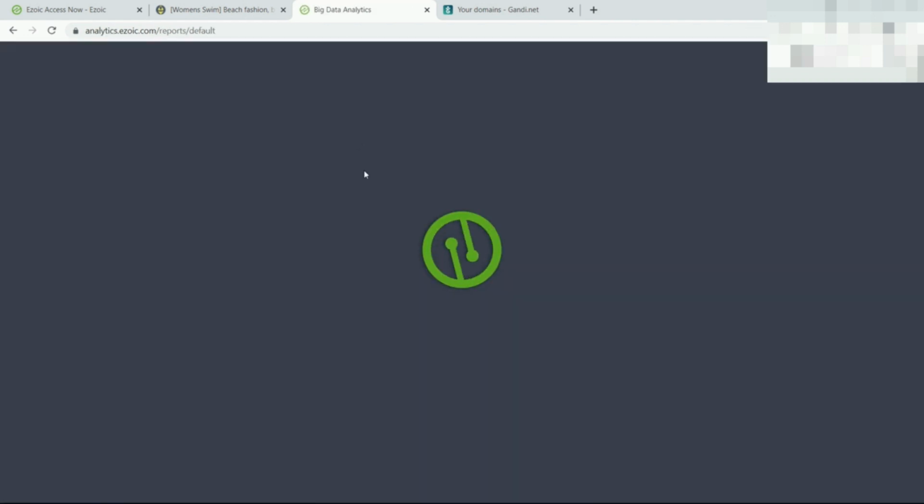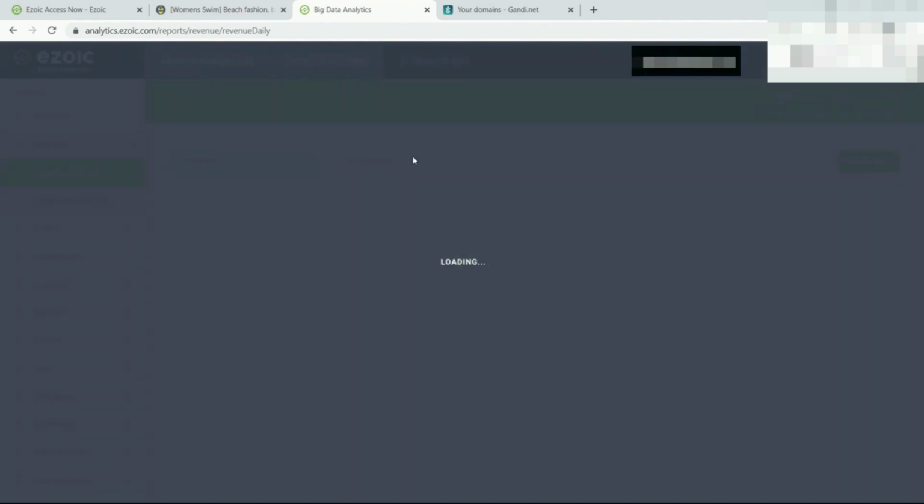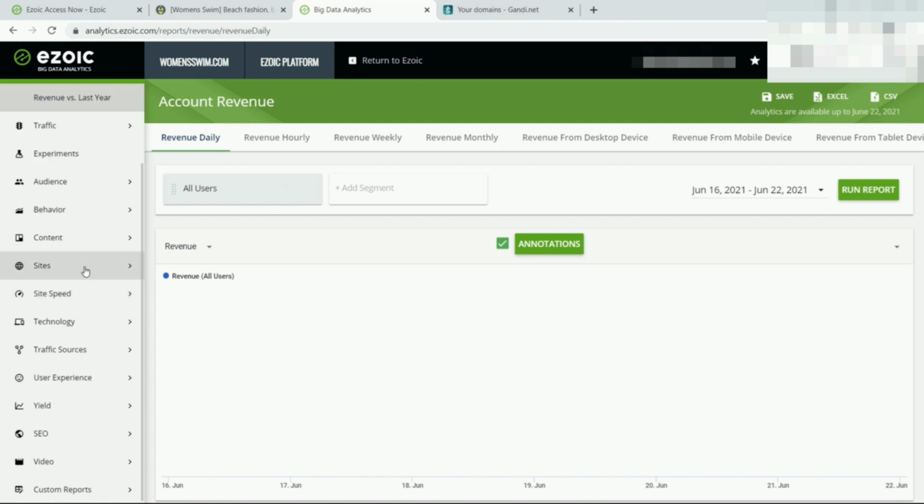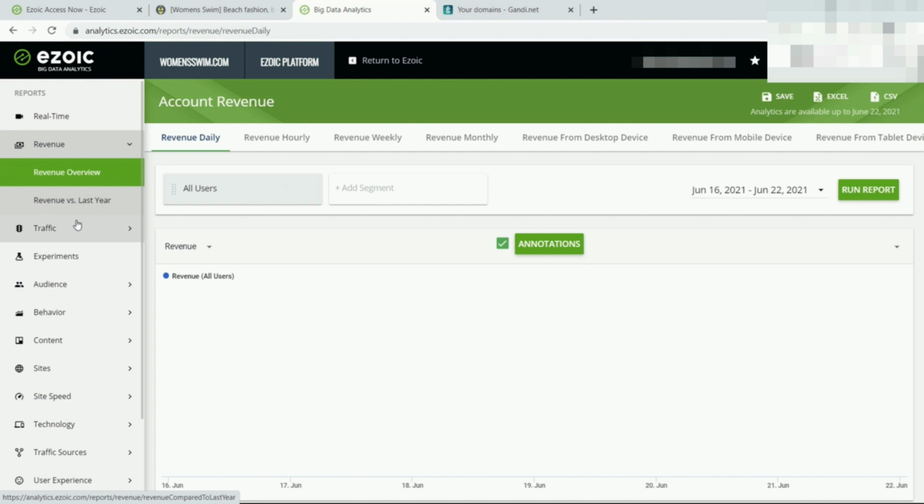And as soon as the website is integrated, we will also have access to the big data analytics, which is amazing. It needs a video by itself. I will make one for sure, but with the big data analytics, you get better analytics than Google Analytics, because Ezoic can tell you which pages work best to make money. So you will be able to see which category of articles makes the most money, which authors are bringing the most visits and the most revenue,